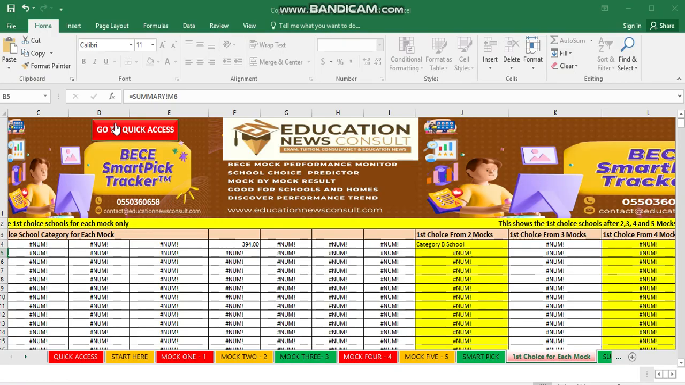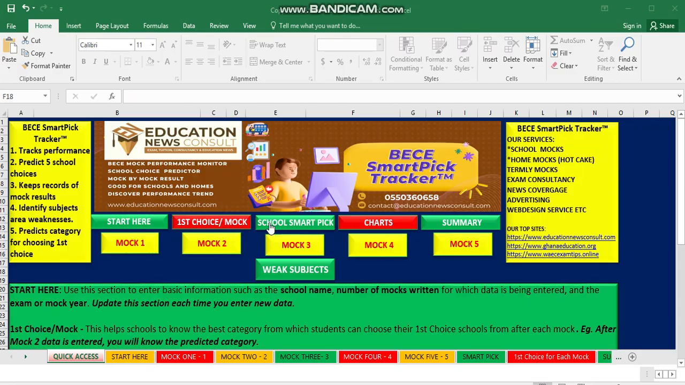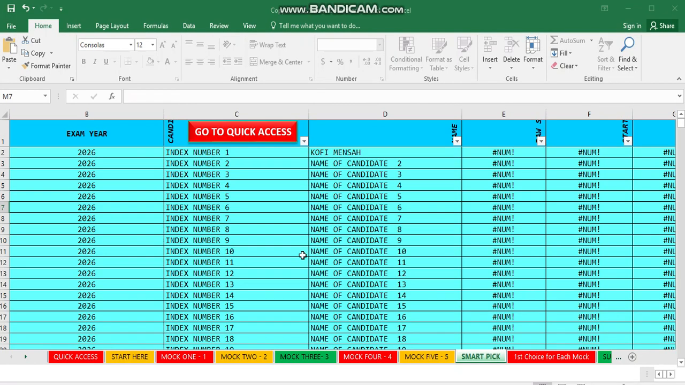Now let's go back to quick access again. If you go to school smart system within the pack, you are supposed to see the 5 categories from which